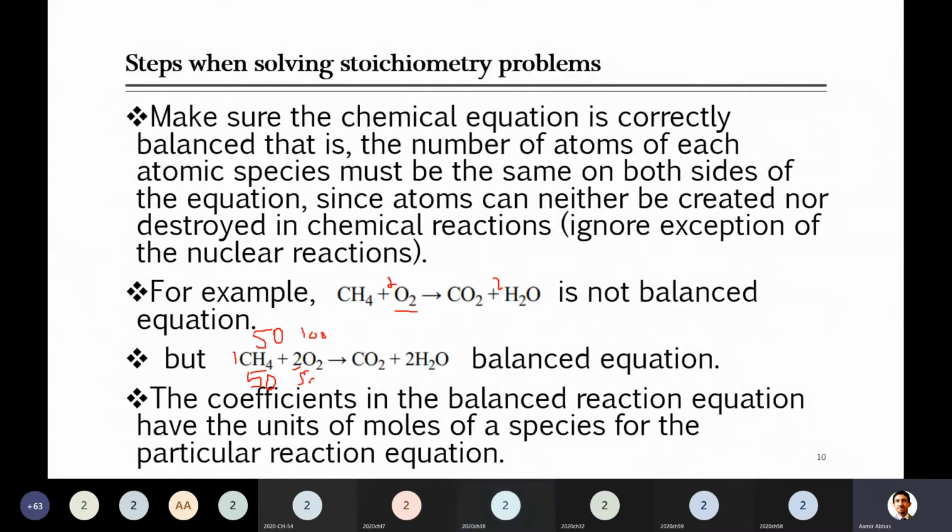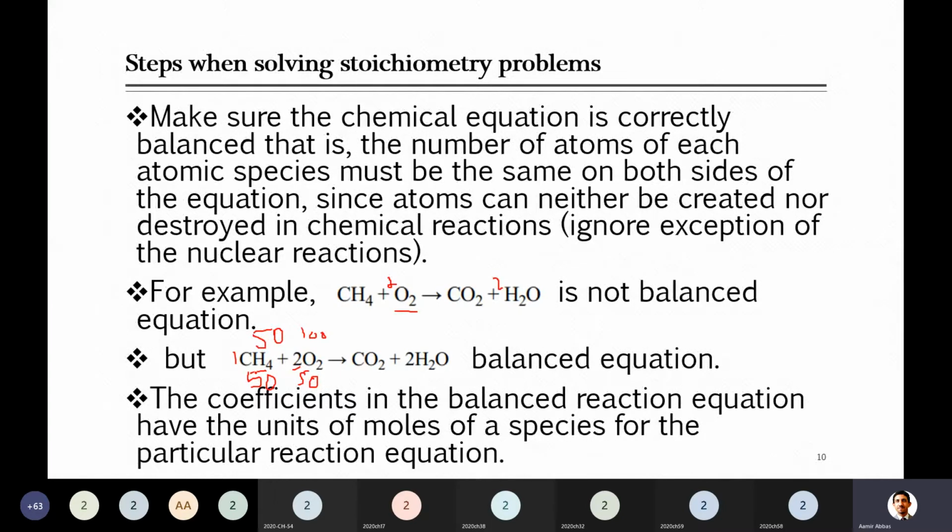Which one will be left over? Methane, sir. Out of methane, these two, methane. Yes, methane, because when the first methane mole reacts with 2 moles of oxygen, products will be produced and so on. It will continue until 25 moles of CH4 are consumed, and at that time 50 moles of oxygen will be consumed. So 25 moles of CH4 will be left.